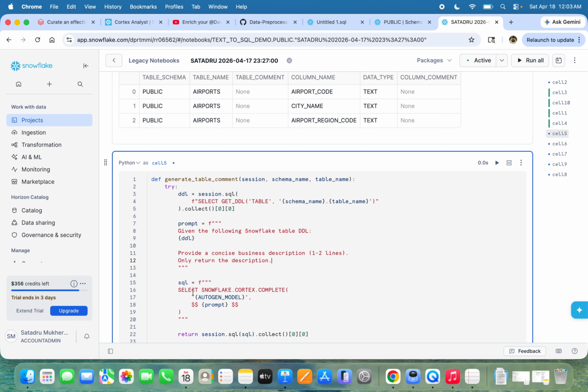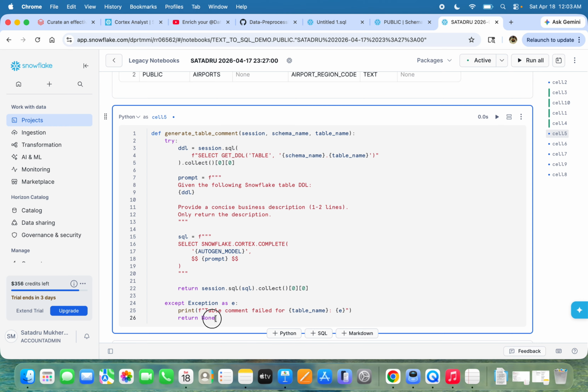Okay, right? And then we are calling our LLM model with the prompt to generate the table comment. If any exception occurred, we are just writing table comment failed for the table, printing the exception and returning none. Okay, so I'll execute this particular function,